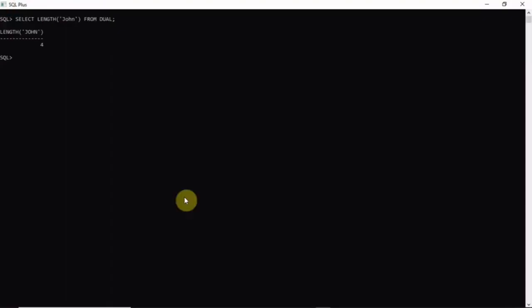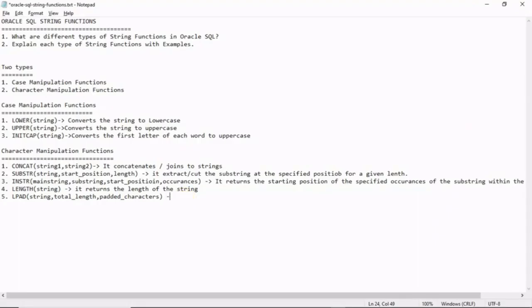So now if I go to an example, I am writing here: it pads the specified character to the left of the string, that is lpad, that means to the left of the string, so that the total length matches. Okay,